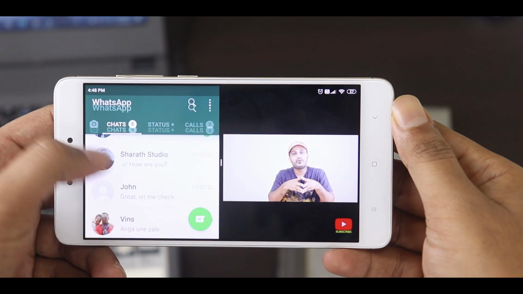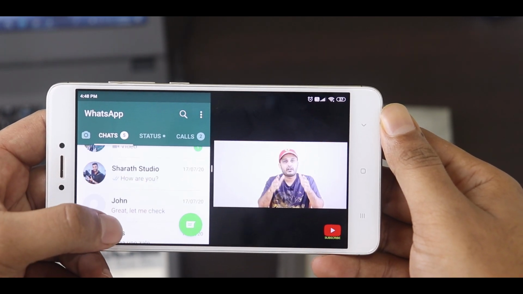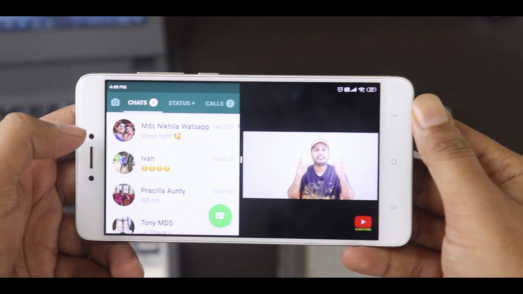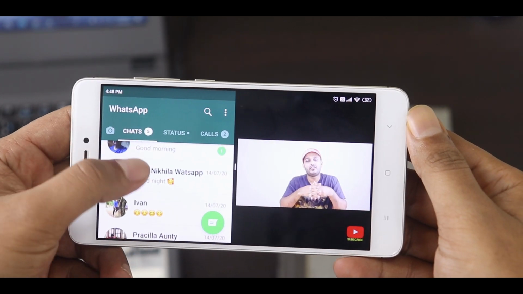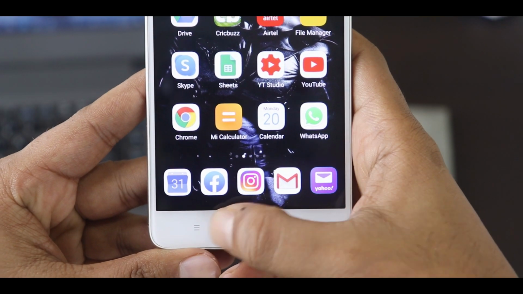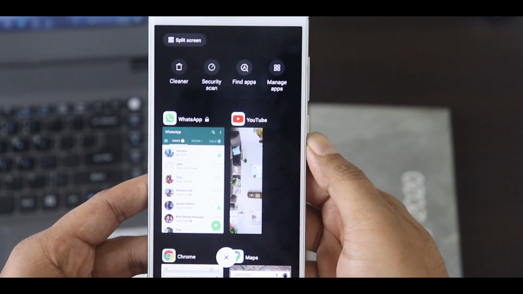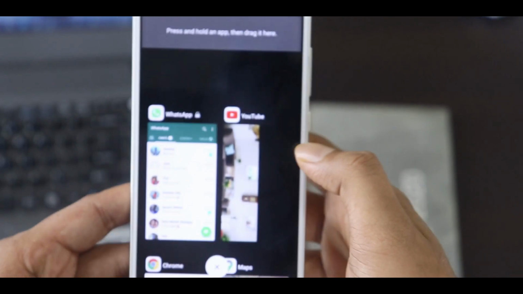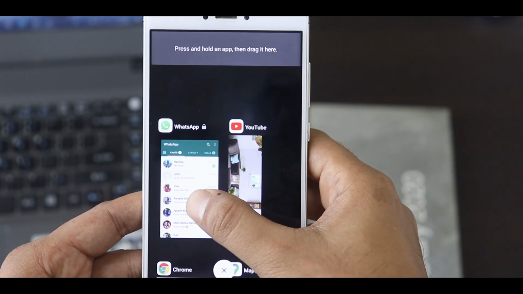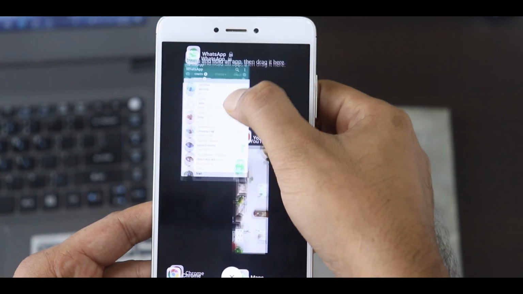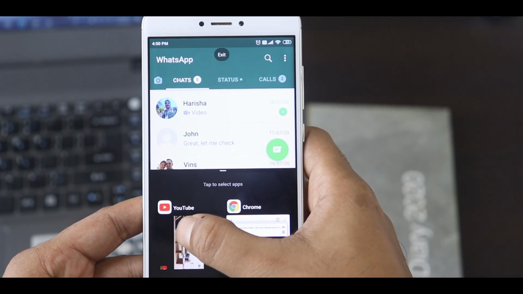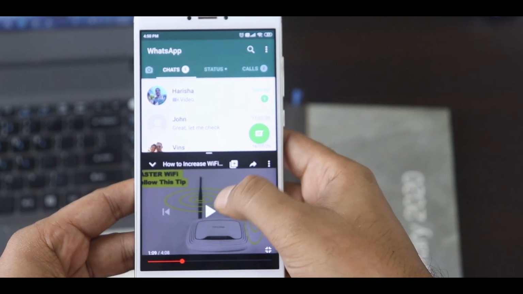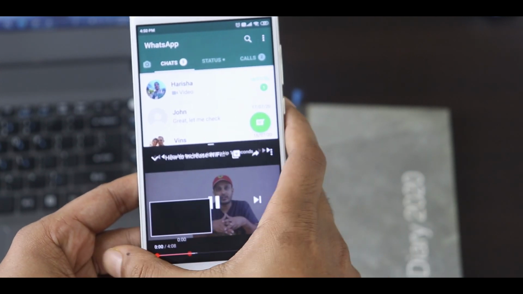How about you split the screen into two so that you can watch your YouTube videos and also chat with your girlfriend? Well, to do that, go to the recent apps options and you can see a split screen option located on the top left corner. Hit that, then tap and hold the app that you would like to use in screen 1. Drag it to the top corner, and tap and drag the second app you would like to use in screen 2.